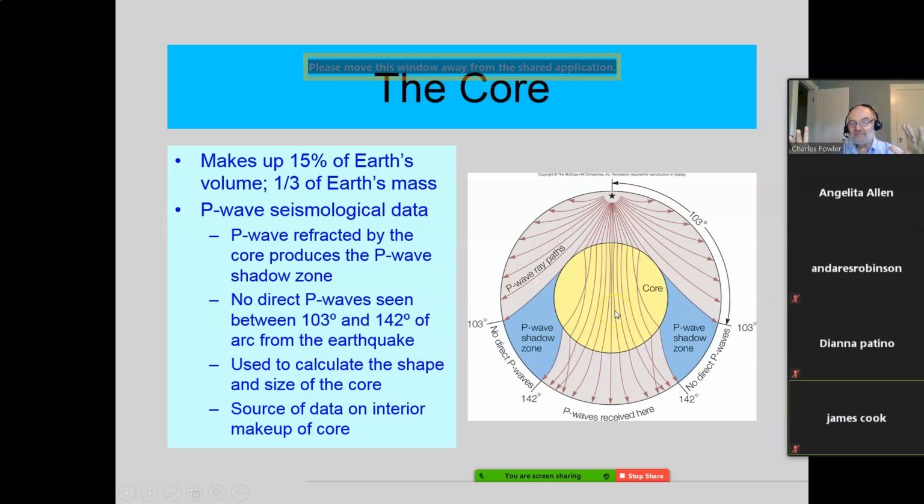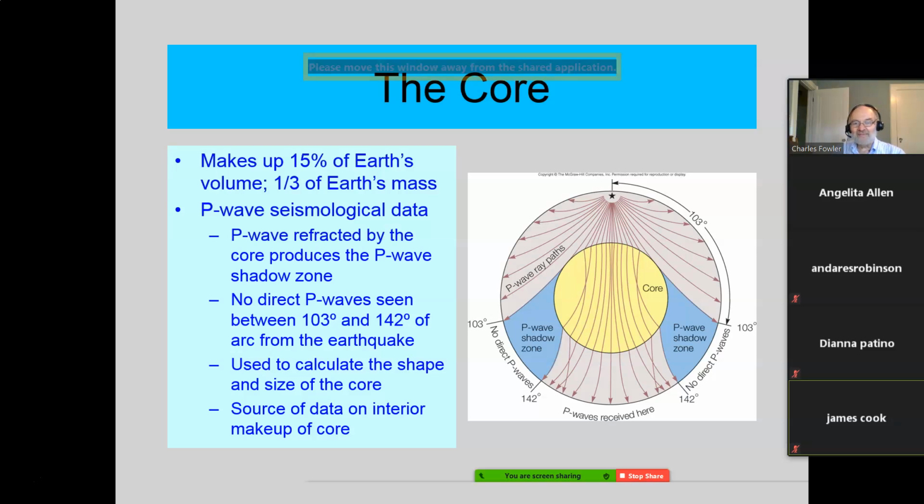And they do modeling with this. Try different densities and radii and things like this. The only one that produces this pattern significantly is that model, that you have a solid inner core, a liquid outer core, and then a varying density mantle, getting denser as you go down but less dense as you go up. That fits the bill and gives them pretty much the dimensions of that outer core, inner core, and the mantle. So that's why we know.